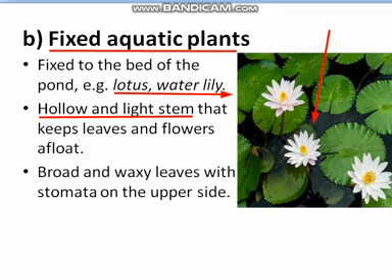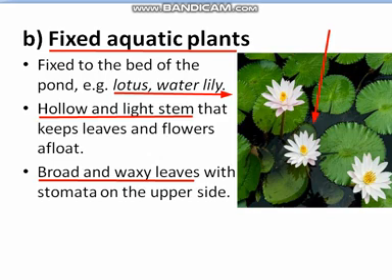After that, they have broad and waxy leaves with stomata on the upper side. That means you can see in the picture the leaves are very broad and these are waxy. That means somewhat oily, we can say, so that they can float on the surface of water. And when we talk about the stomata,